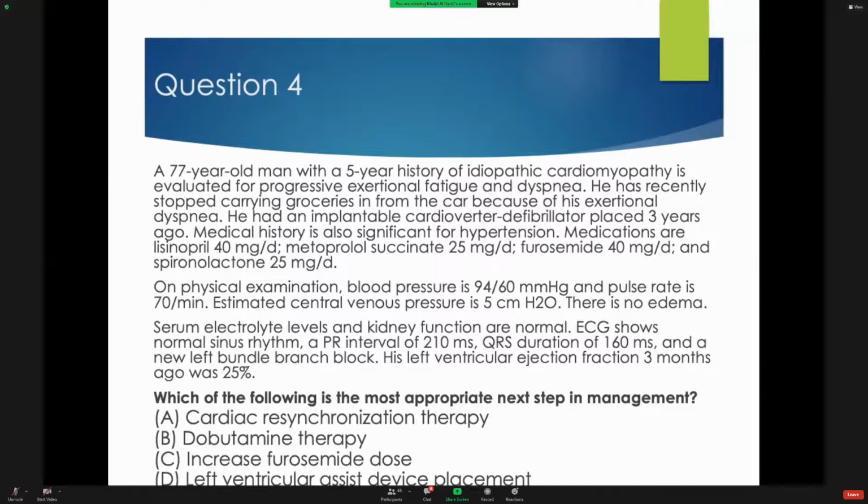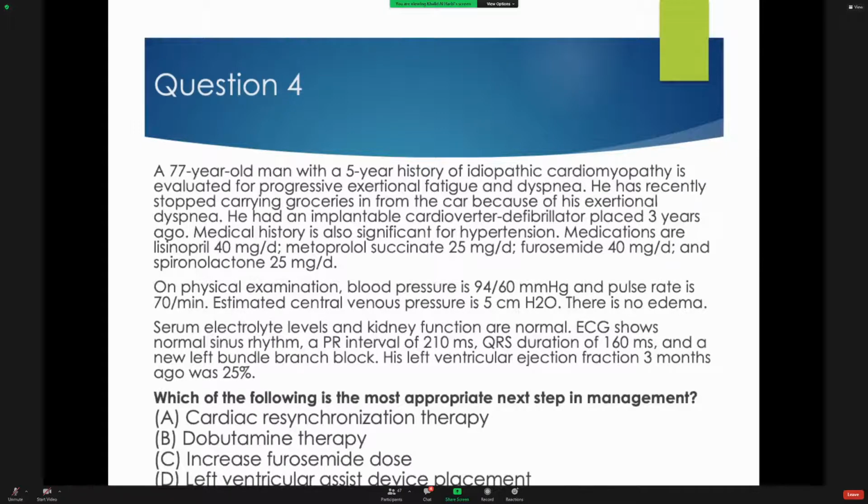A 77-year-old man with a 5-year history of idiopathic cardiomyopathy is evaluated for progressive exertional fatigue and dyspnea. He has recently stopped carrying groceries from the car because of his exertional dyspnea. He had an implantable cardioverter defibrillator placed 3 years ago. Medical history is also significant for hypertension. Medications are lisinopril 40 mg,